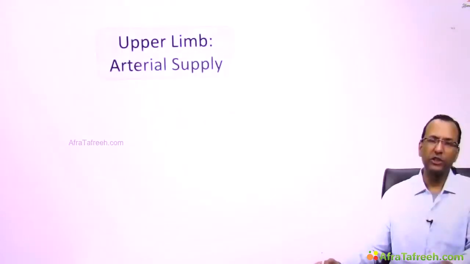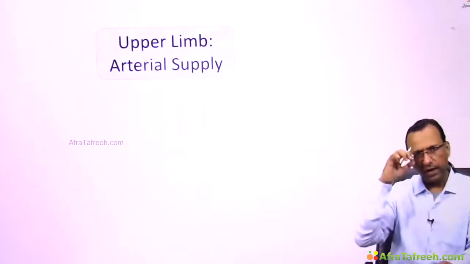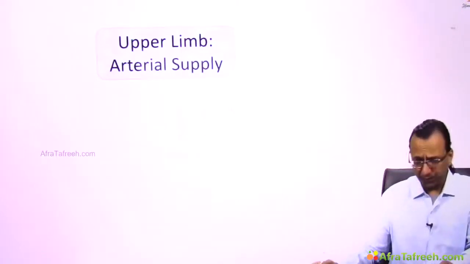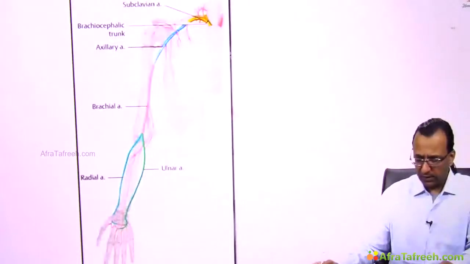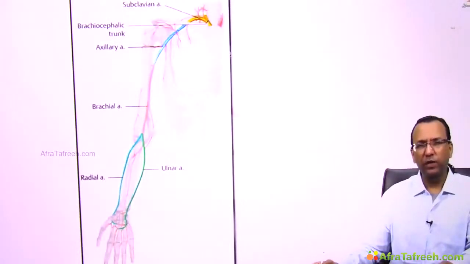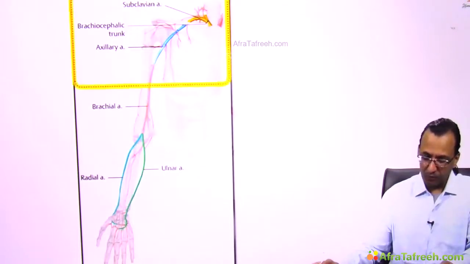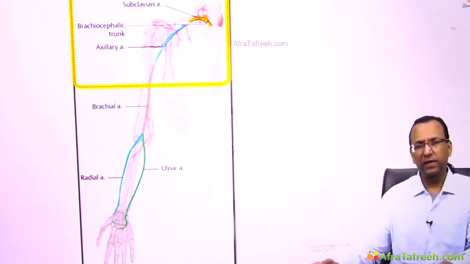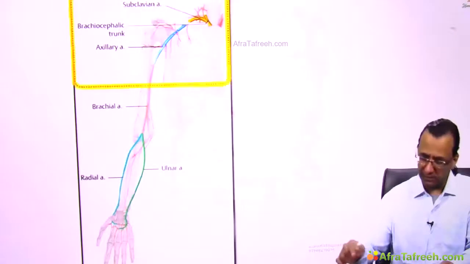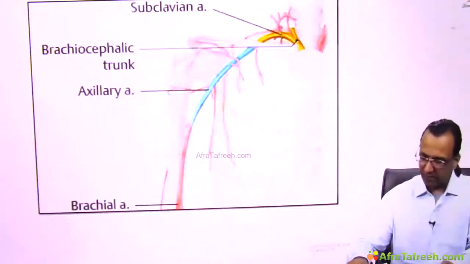Next topic is discussing some arterial supply to the upper limb. First, some overview, and then we can move on to the details. You see, this is the right-sided upper limb, showing the artery supplying it is in fact coming from the neck region. In the neck region, it was under the clavicle, so it is called a subclavian artery, but then